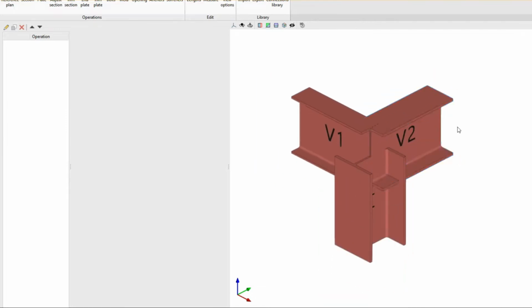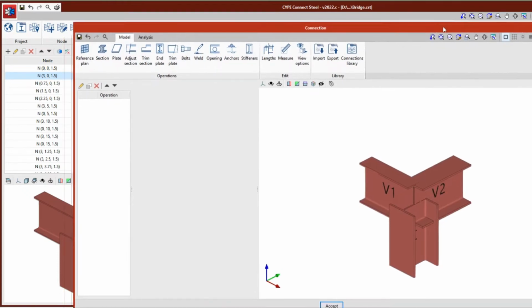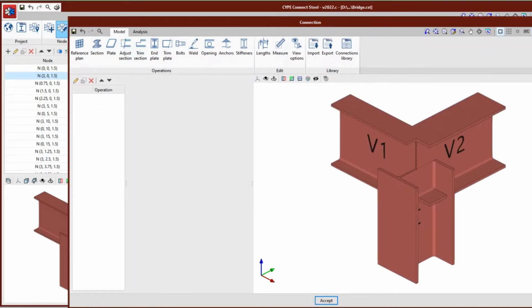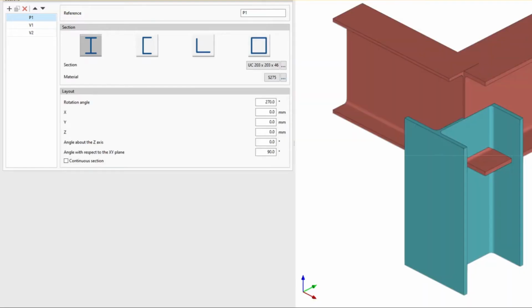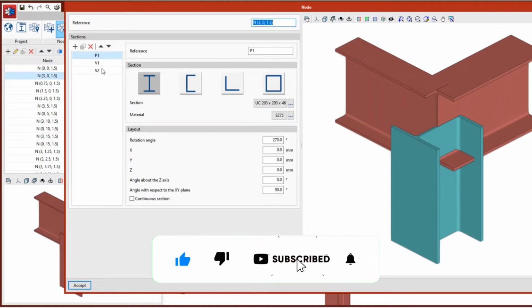Okay, and also from here I need to position the beams correctly. So that's why I will go to, let me make it smaller. So here, I need to close this, and then I need to go to this option. Okay, edit option, edit connection, and then click on this. So here I have this connection, and first I need to go to this beam, so which means from here